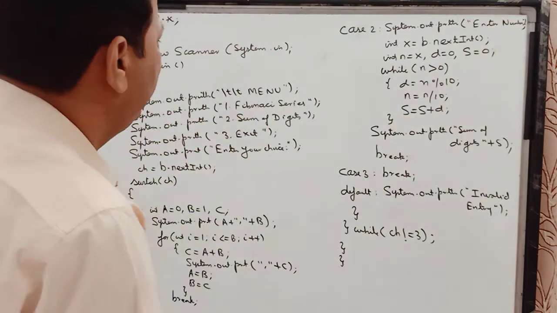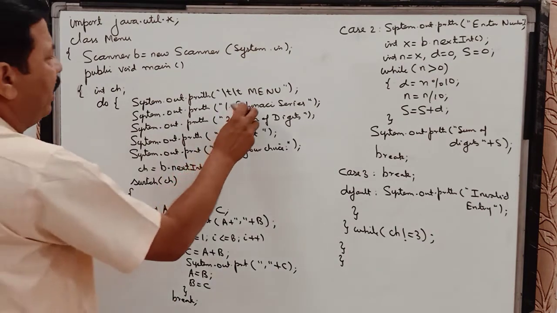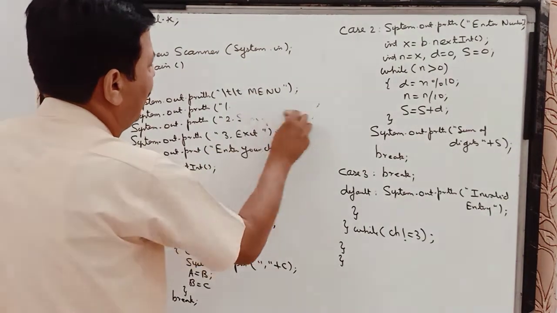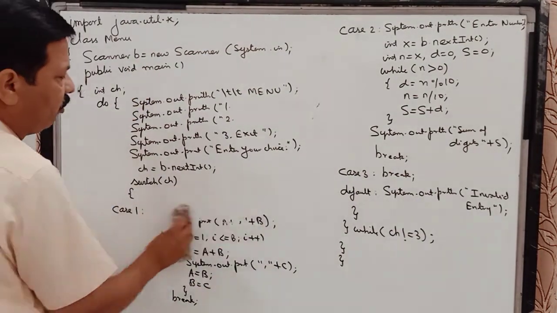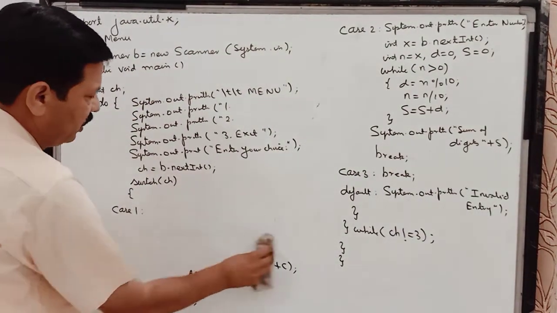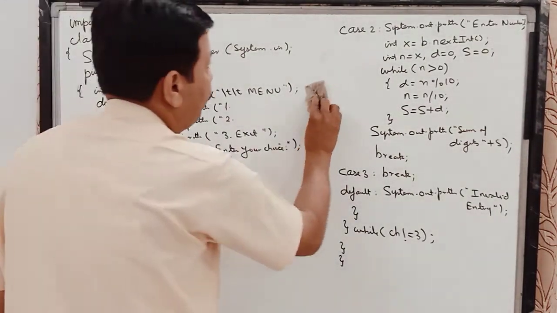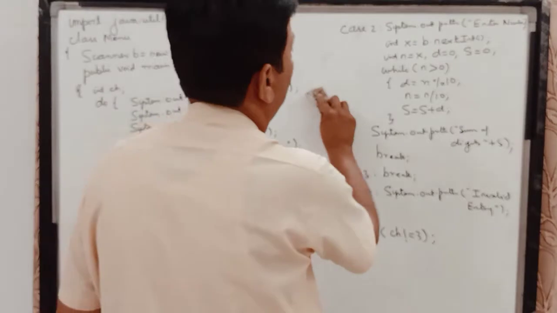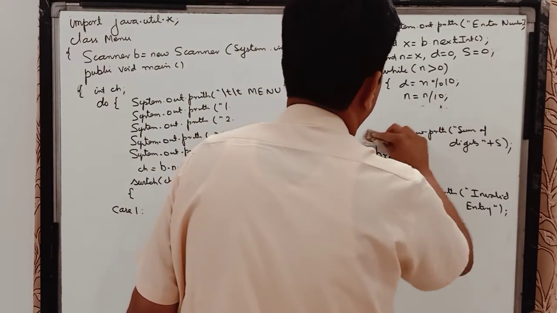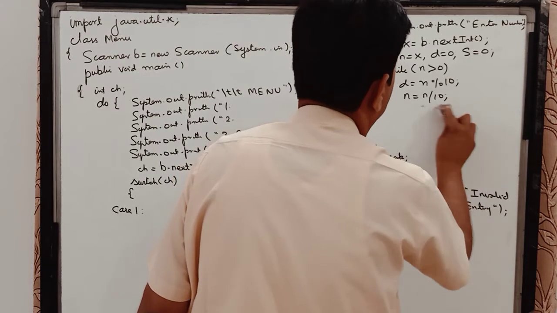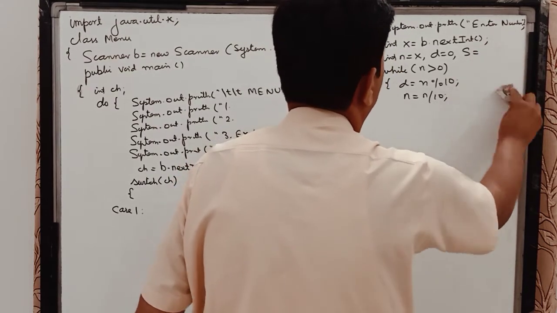So it is almost the same program, but there are a few changes which I am going to do over here. The program is changed, and case 1 is going to change and case 2 is going to change. The rest of the program remains the same. There are hardly a few changes to be done in this part. So children, we will see how we are going to do this program.